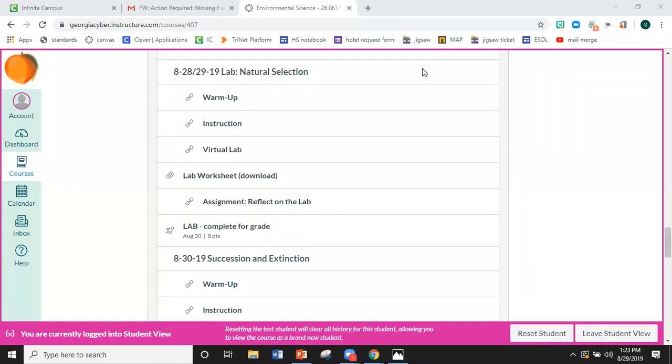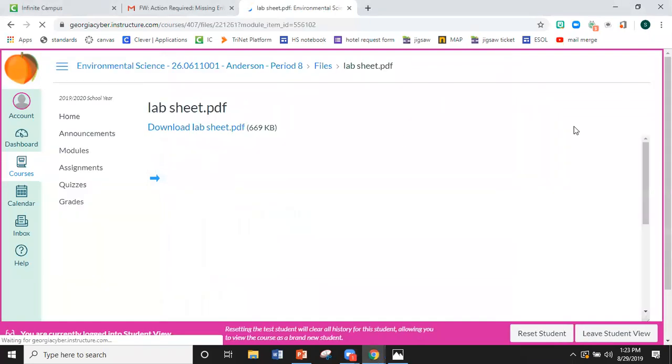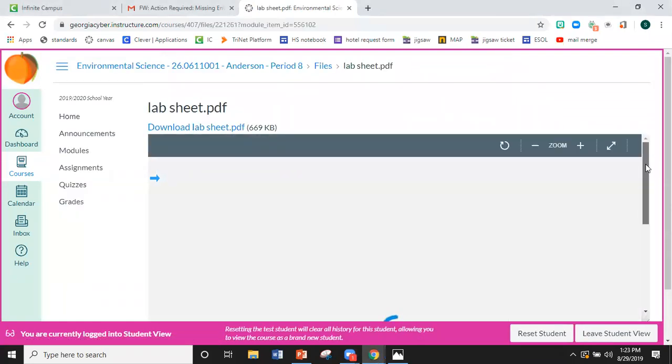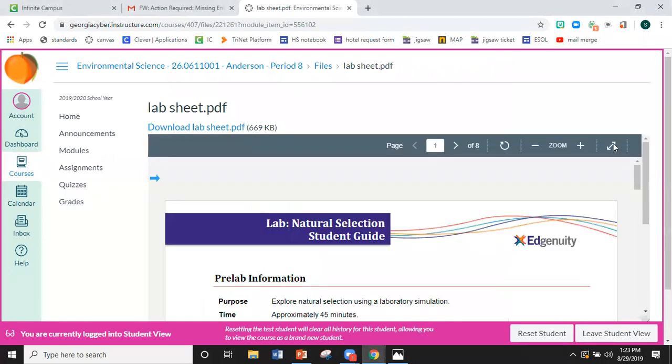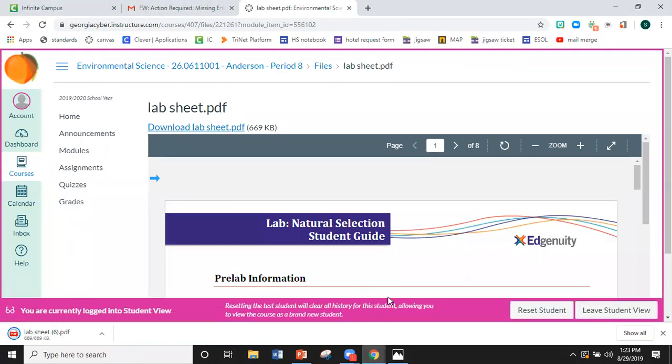I want you to go ahead and open this one that says lab worksheet. When you do that, it'll look like this. It's a PDF. At the top right here, click download. Once you click download,